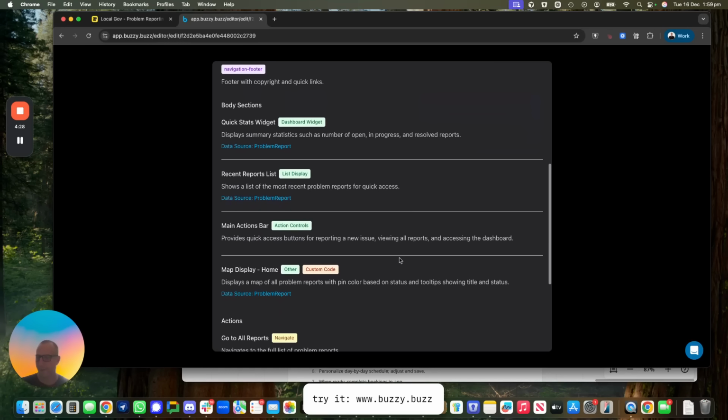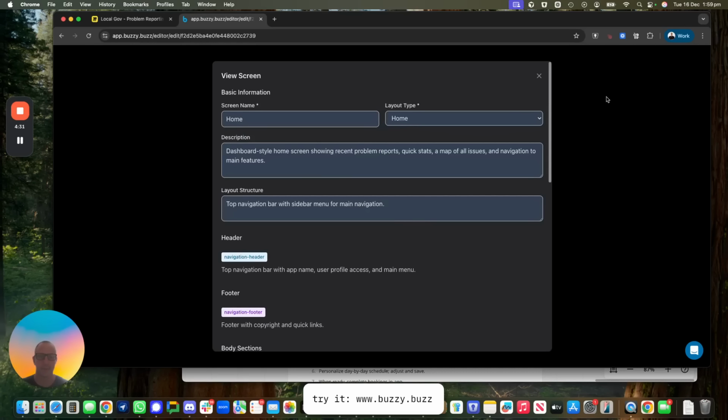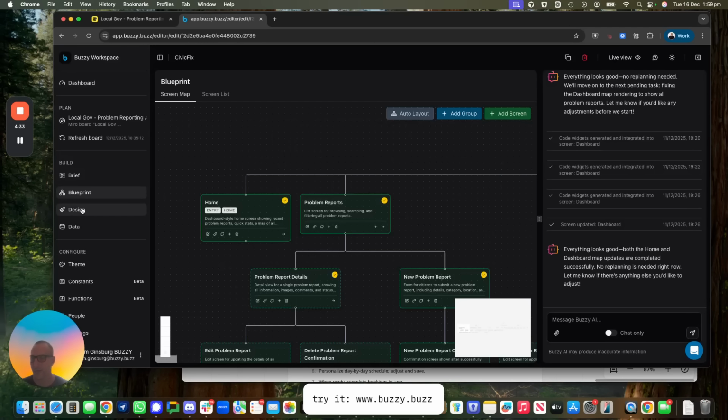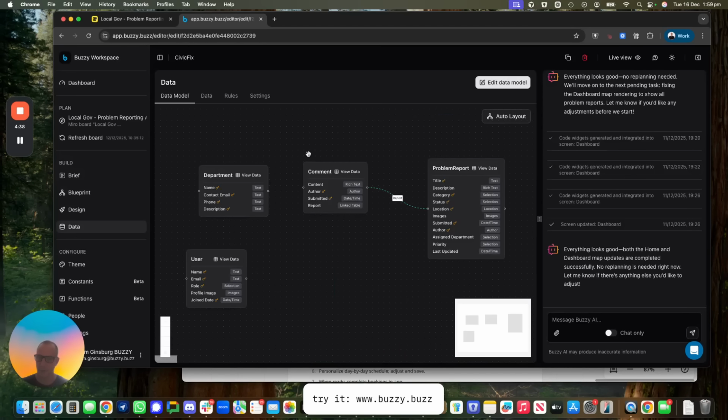Also, a low-fi way in terms of what's on the screen and the functionality that exists for that. The design phase, I'll come back to that in a sec. Underlying this is the data model. So depending on how sophisticated the application is, it'll actually draw an entity relationship diagram, but then give you the